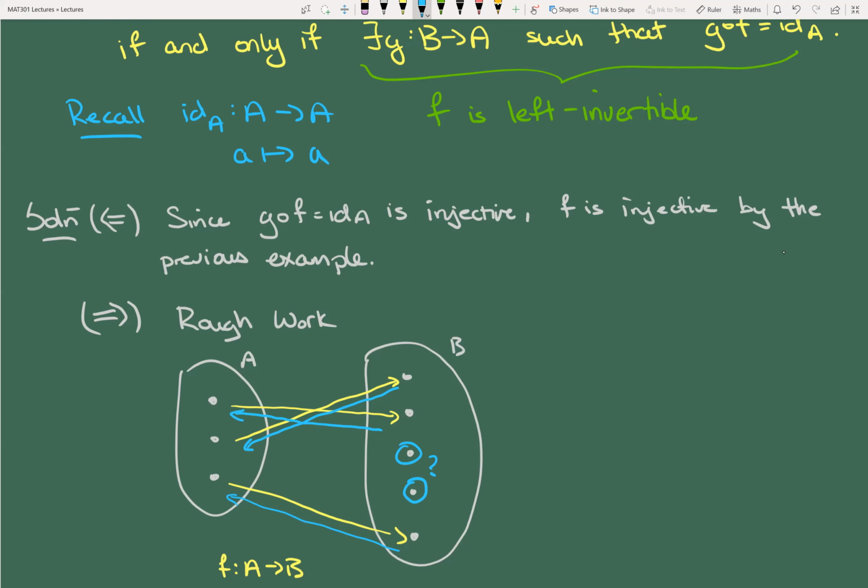right? What do I do with these 2 points in order to ensure that the thing is satisfied? So can someone tell me, what should I do with these things? Anyone? Okay, but this is an interesting thing, because remember, it's a function whose domain is B. So it has to be defined for everything in B, right? And I have to say what the function maps each of these points to. So they do have to go somewhere, right? I do have to have an arrow from them to something, but the question is, what should they point to?